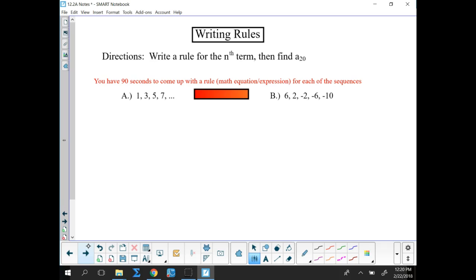So, I just want to see what you guys remember. I'm going to give you 90 seconds to write 2 arithmetic rules for those expressions. Ready? Steady. Go. Trying to see what you guys remember. I had the timer and we didn't even have the timer. Alright, so